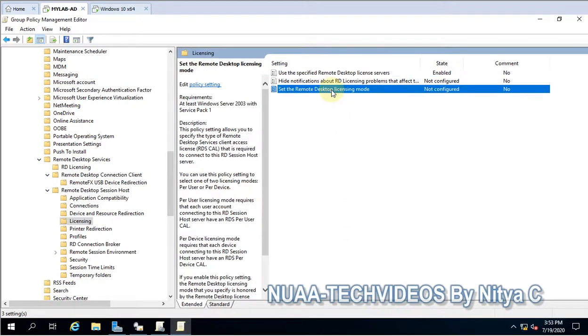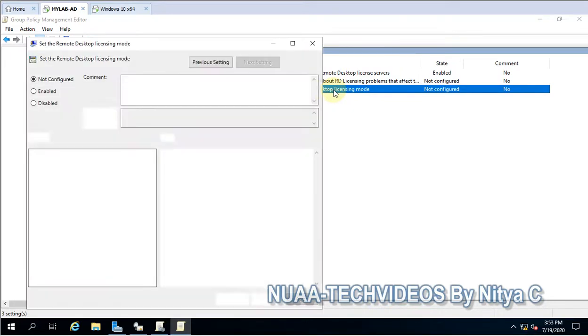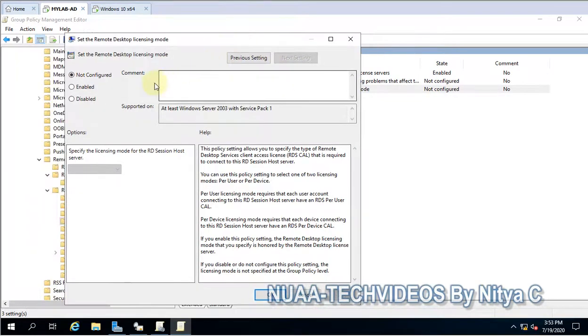And secondly, we have to configure this policy, licensing mode. So if you have purchased device license or user license, you have to select the same. So I'm using device. If you have user licensing, you can use per user or per device. So I'm going with per device because I don't have licenses, but it will give me the grace period for 120 days, and